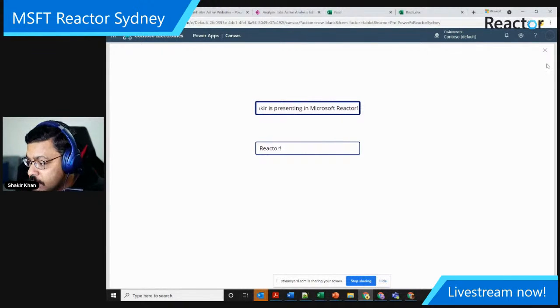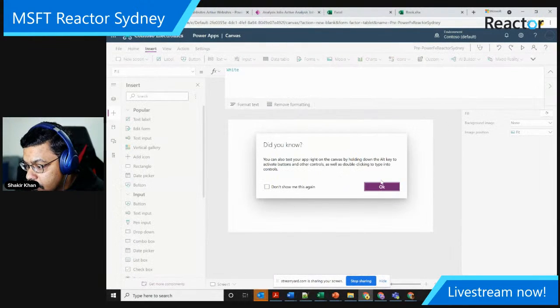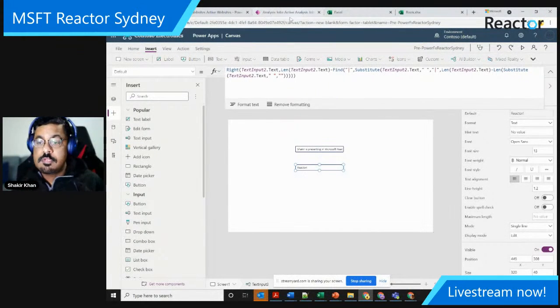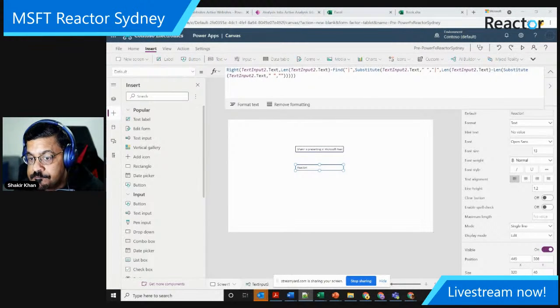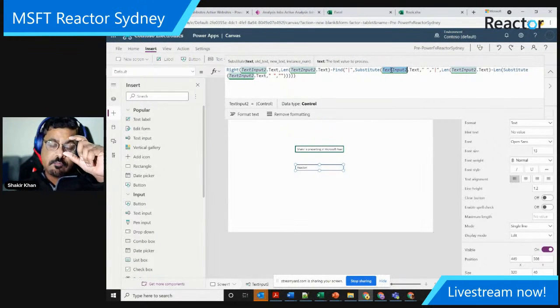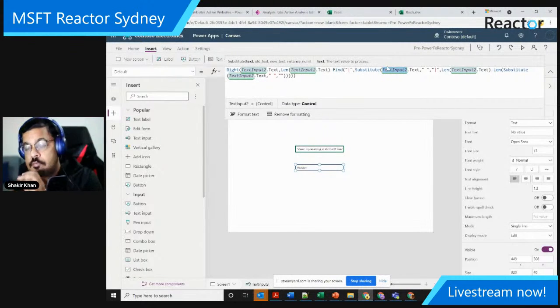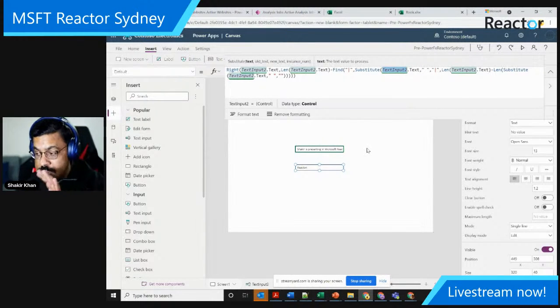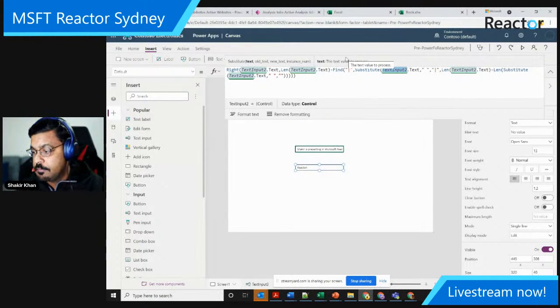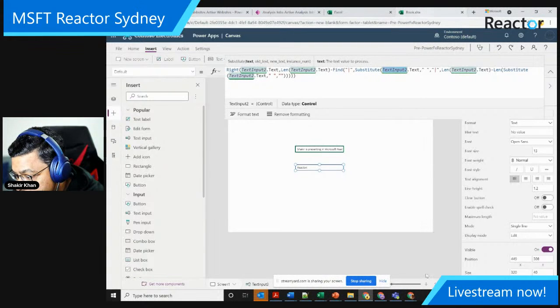So as you can see, both the formulas are almost the same, with the difference of only the text, the cell where I'm getting the value from, and where I want to put the result onto the label. Which is very similar to what I have put into the Excel file. So if I just go on and show you,